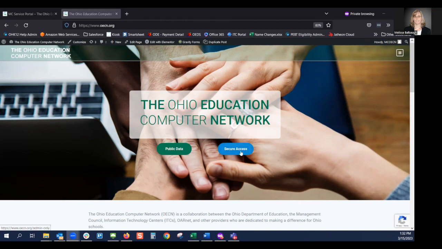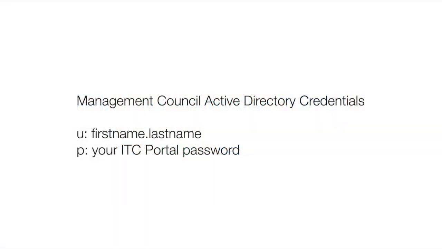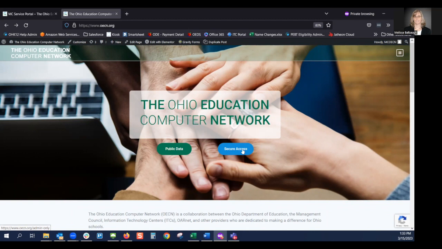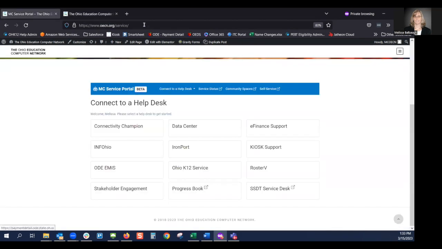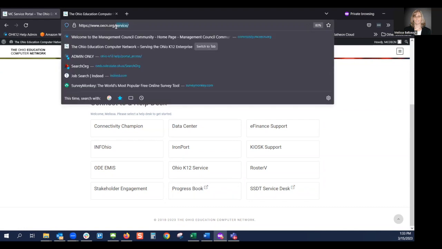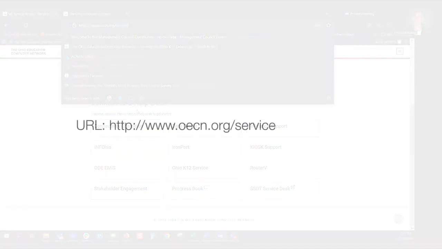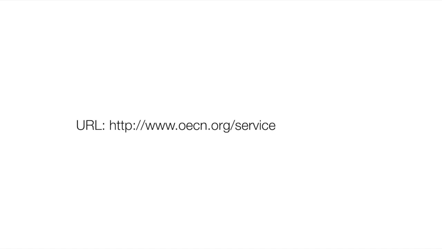account. You will come down here and you'll click on Secure Access. You'll get prompted with a login screen. You use your Management Council Active Directory credentials. First dot last, and then whatever your password was that you were using on the other ITC portal would be the same one. Once you're logged in, the URL is basically /service, and it will be added also to the